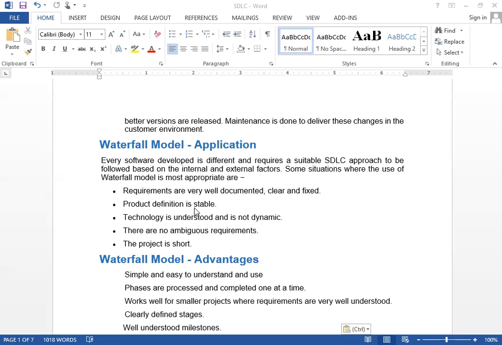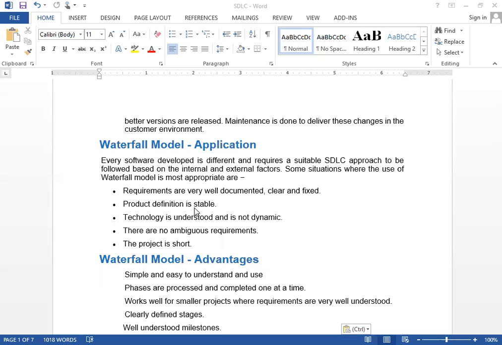I told you before, the product definition is stable and the changes are static only. If it is dynamic, then the waterfall model cannot work, and all the requirements must be understood in the requirement analysis phase. There must not be ambiguous requirements, so there must not be any duplication or confusion in the requirements. Otherwise the whole system fails, because the output of requirement analysis is the input of design.